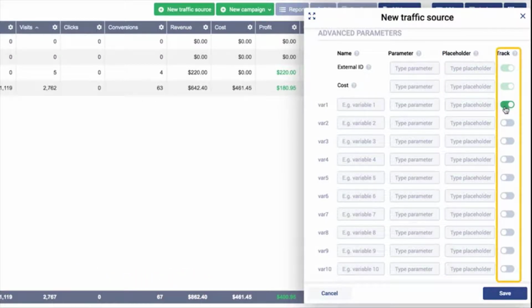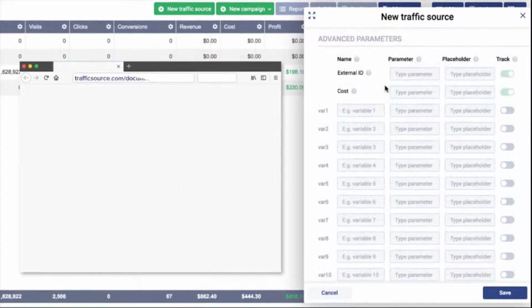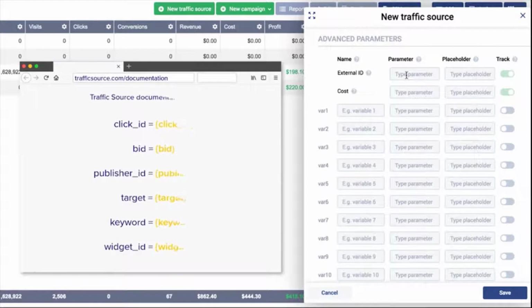The track column defines whether the variable is tracked and included in your reports or not. To properly map the parameters and tokens, check your traffic source documentation. Start with the external ID parameter, which is used to track external unique IDs. This parameter is needed when your traffic source requires passing unique ID in their postback to record the conversion on